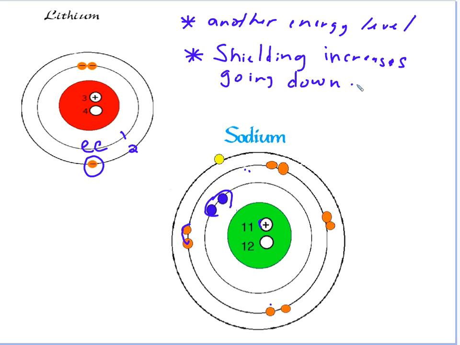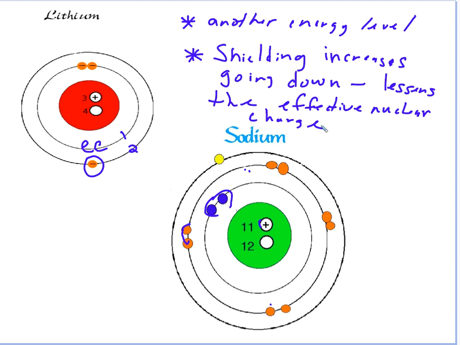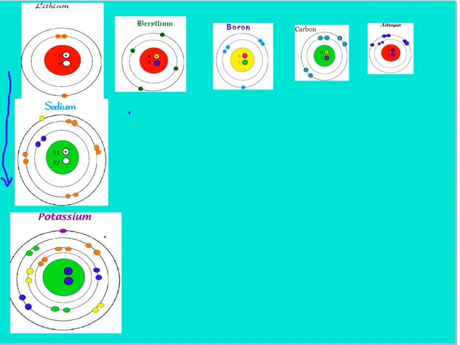And basically what that does is lessen what's called the effective nuclear charge. That lessens that. So now if we go back and look at lithium versus sodium versus potassium,